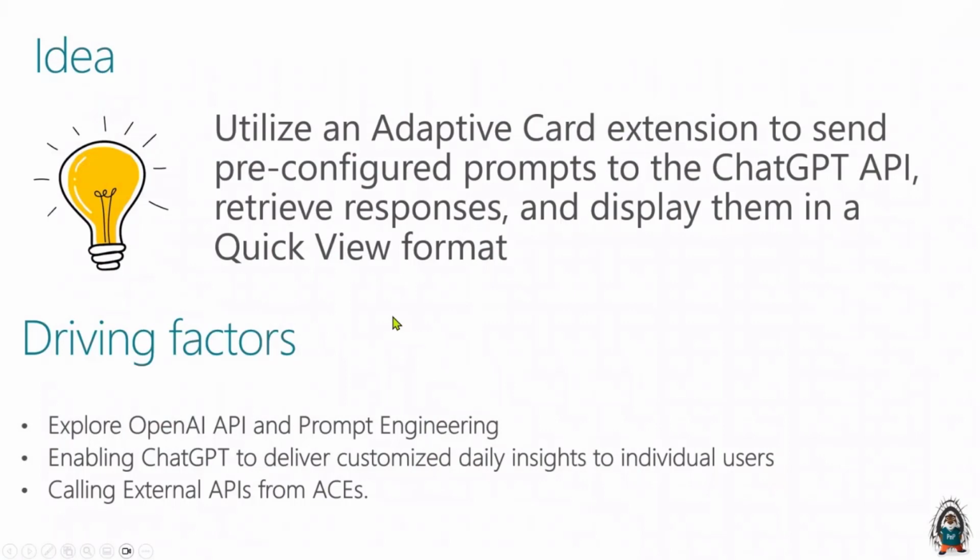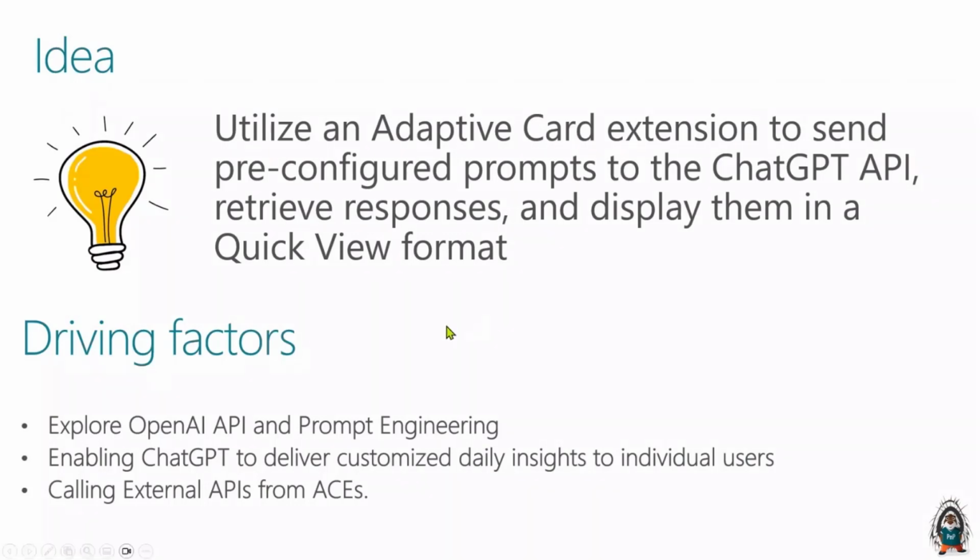So it started with an idea: when the ChatGPT OpenAI API started appearing, people were finding different use cases, different ways to explore the OpenAI API. So this was one of my driving factors, wherein I thought, let me just see what we can do with the OpenAI API. Ideally, we thought of creating an adaptive card extension which would use the ChatGPT or OpenAI API to get the response and display it in a format, right? Another driving factor is that if we can make some use case out of it, it would be